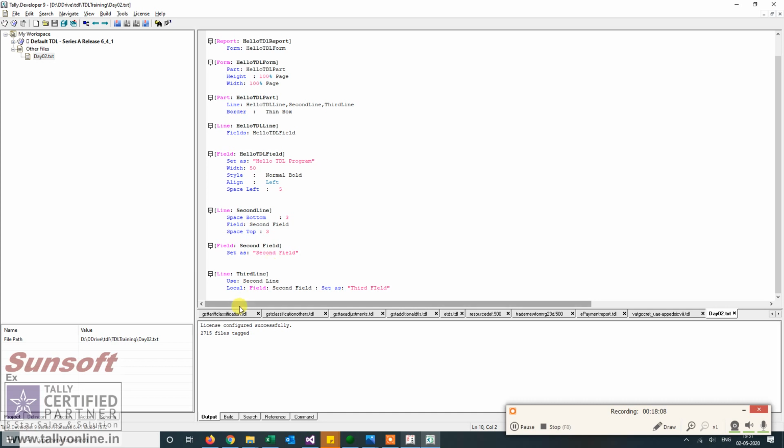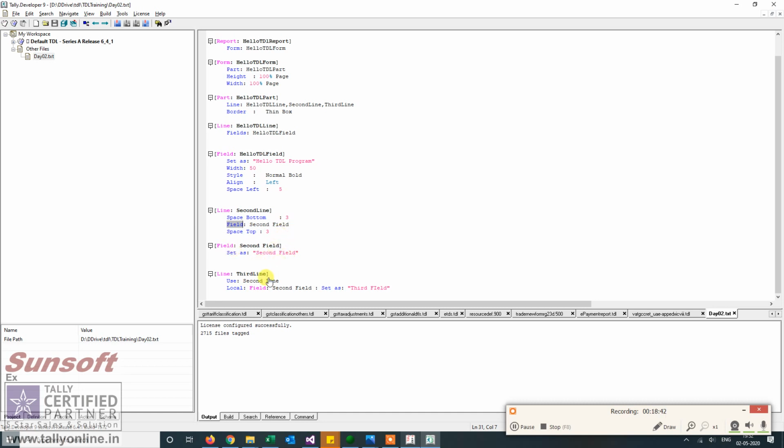Now let me explain what use does. I have defined a line which has a space top, space bottom, and a field. When I say use second line, the third line becomes the same as the properties of the second line. That means if there is a space bottom, it will have the space bottom; if it has a space top, it will have that; if it has the same field, it has the same field.